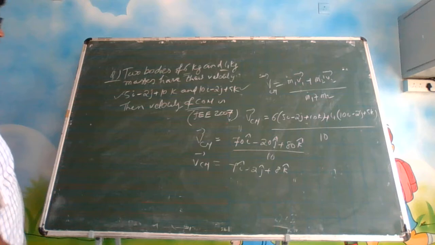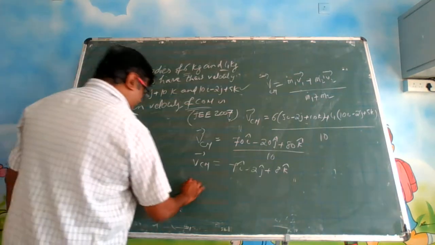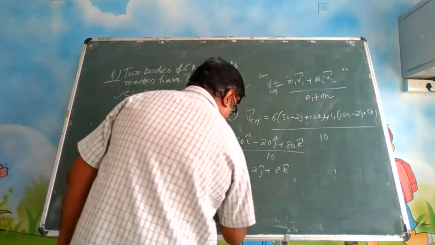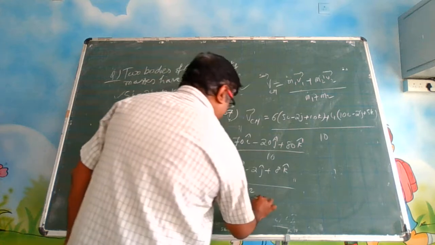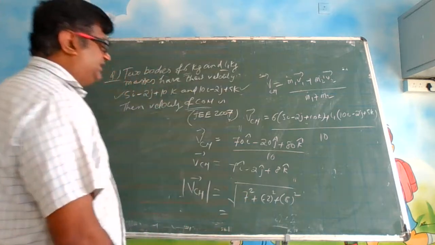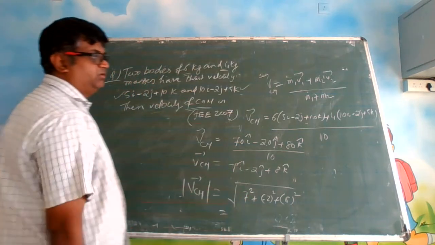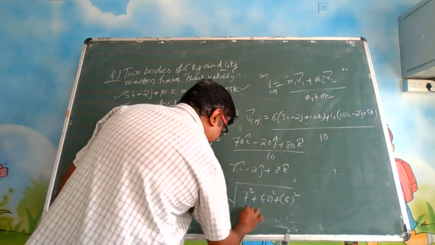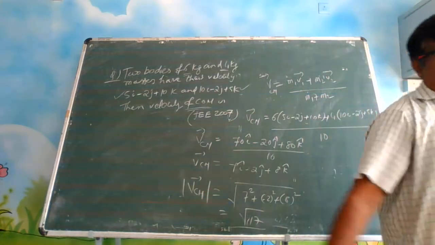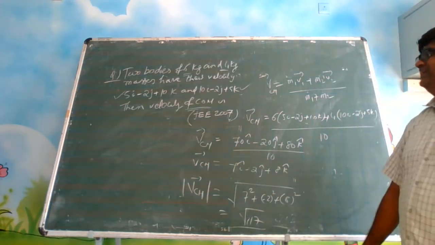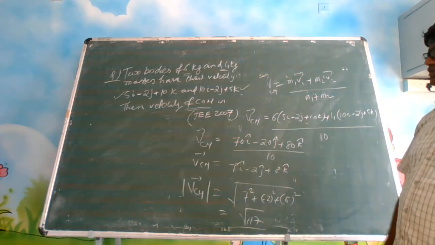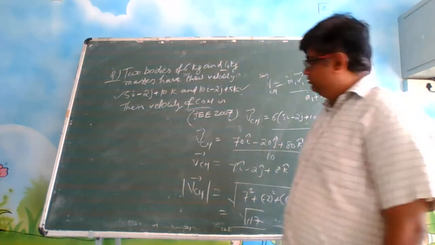Suppose in the question they have asked you what is the magnitude. What is the magnitude of the velocity? It would have been root over 7 square plus minus 2 whole square plus 8 square. 7 square is 49, 49 plus 4, 53 plus 64, 117. These days I am making some silly mistakes in calculation. One student is regularly showing that, very good. It shows your attentiveness. But the main idea is you should catch the concept behind it. Okay? So make a note of this.